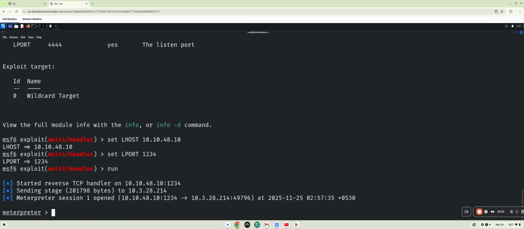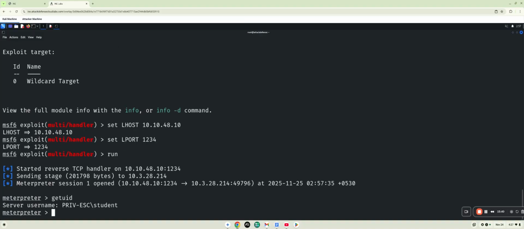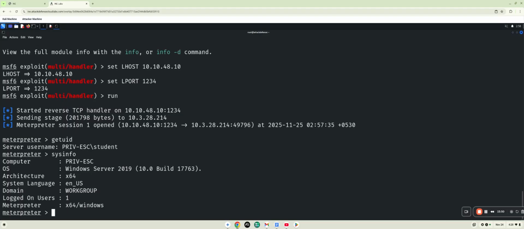I'm not all the way in, but I have a connection to it, so I could do some further enumeration. So I could do a getuid. All right. We can see that I'm student, as we saw previously. Then sysinfo. All right, we can see that this is running Windows Server 2019, and that is a 64-bit version of it. And we can also see that we're running a 64-bit version of Meterpreter, which again was specified within